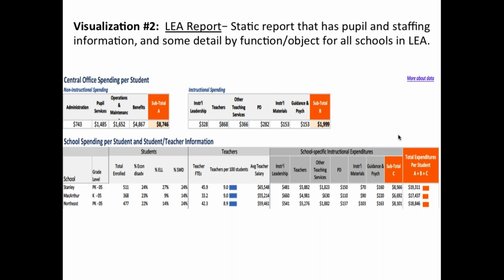And does my district divvy up funds equitably? We have a better answer to that than on the previous one, right? We now know some of the demographic makeup of the schools, so if you happen to be a district, we could see that Stanley has a lot more ELL students. And in fact, Stanley has more total expenditures overall. So we can lean toward better understanding the context for that question.